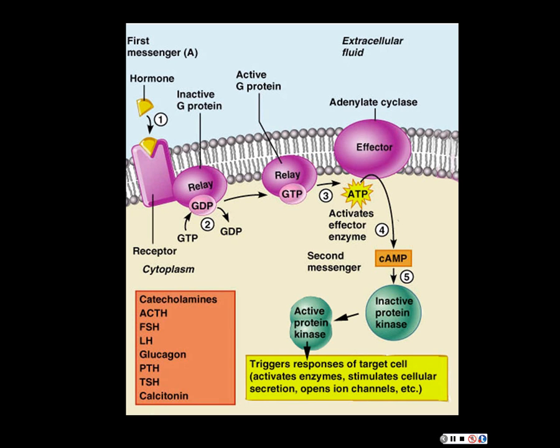We still haven't even gotten to the final result inside of a given cell yet. We said this does that and that and that. And the whole point is to tell the target cell to do something. The question is, well, then what does the cell do? We could show that list of 5 things that I said. Well, depending on the cell type, in the example we gave earlier, maybe it's epinephrine at the liver, and it causes glycogenolysis, where glycogen is broken down to release glucose. So the liver may cause the release of glucose.